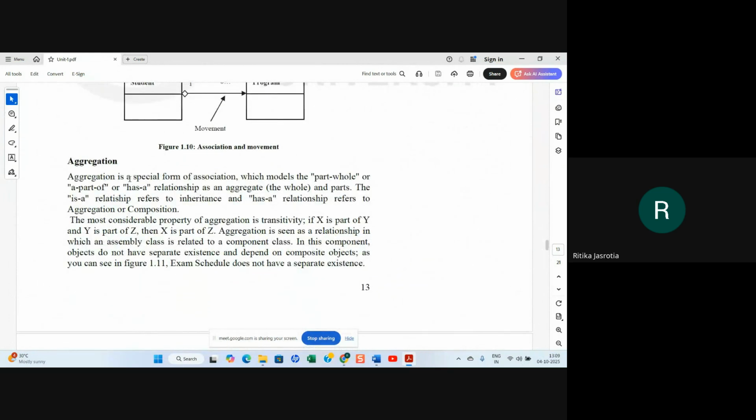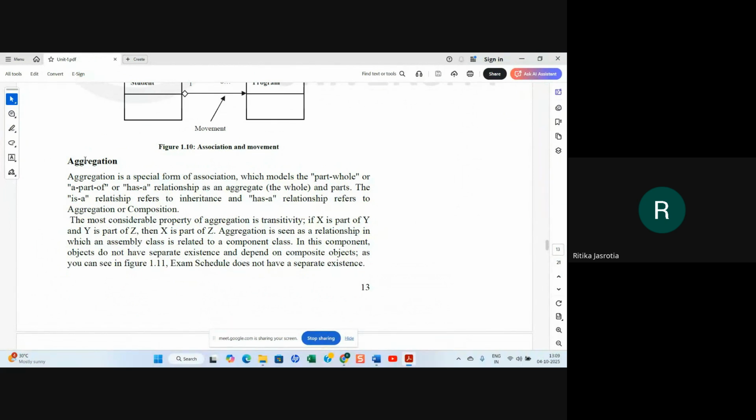Then what is aggregation? Right, aggregation is a special form of association which models a whole-part, or part-of, or has-a relationship between an aggregate, the whole, and its parts. The is-a relationship refers to inheritance, and has-a relationship refers to aggregation or composition. So if it is a has-a relationship, then it is aggregation. If it is an is-a relationship, then it is inheritance.